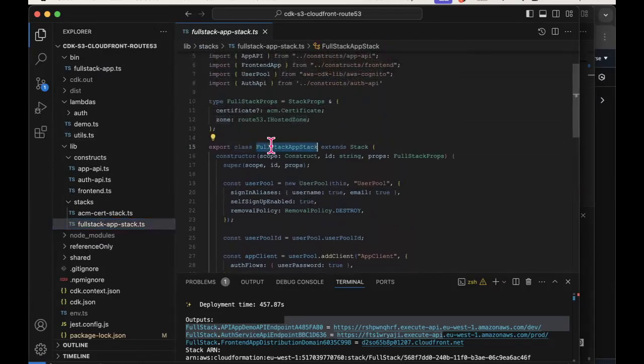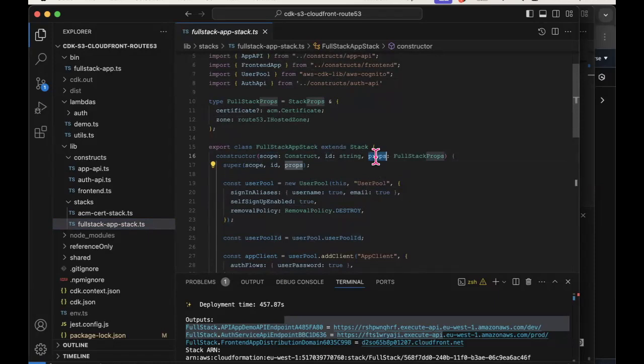So here we're declaring our full stack, double stack, unfortunately. The constructor for any stack has three arguments. There's the scope argument, which we know about from before. There's the ID argument. And the final one, which we haven't looked at up to now, the final argument of a stack constructor is called the props